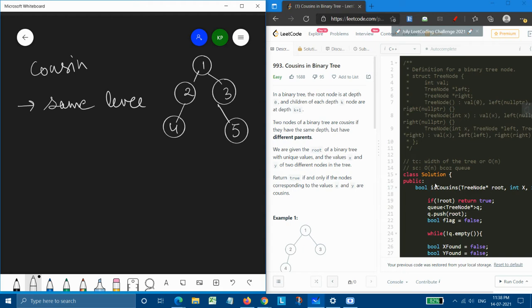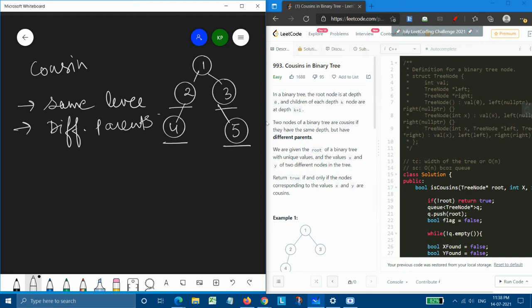Basically, 2 and 3 are siblings of each other because they are at the same level. But what makes a cousin different is their parents. They both should have different parents. Here, 4 and 5 have different parents, that is 2 and 3.